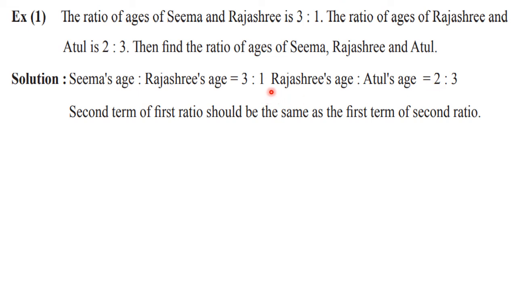So we want 2 in both the places. Now see here, already 2 is present. So we do not convert this ratio, but here we need to convert. Here we want 2. Okay. So here if we want 2, then we are multiplying the second term by 2. Just recall the property that if we are multiplying one quantity, we have to multiply the second quantity also. Okay, so if we are multiplying here, then we have to multiply here also.